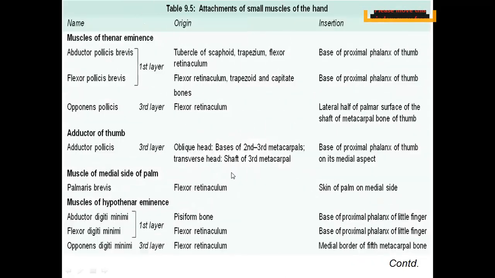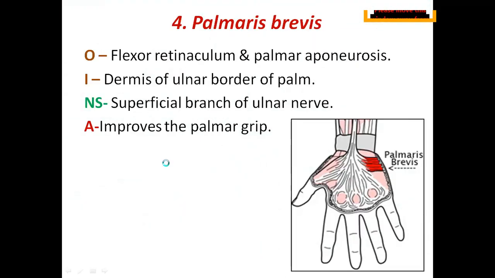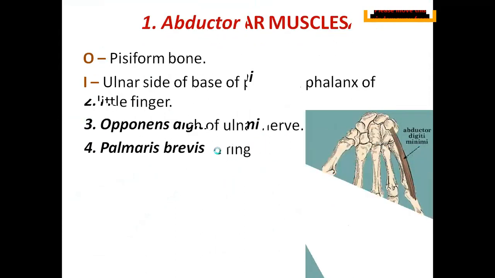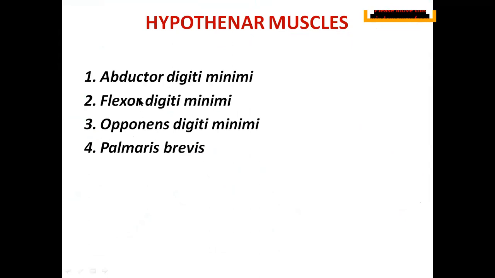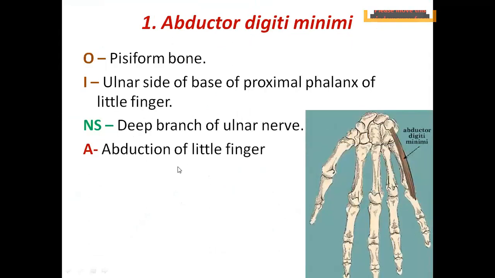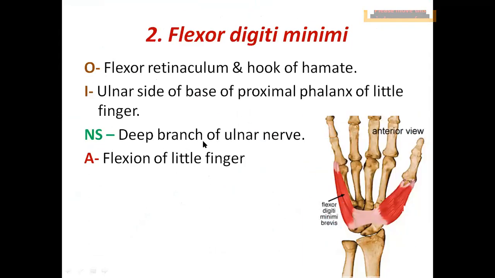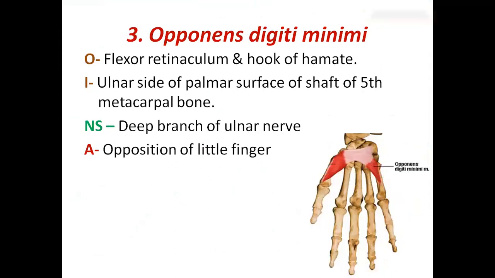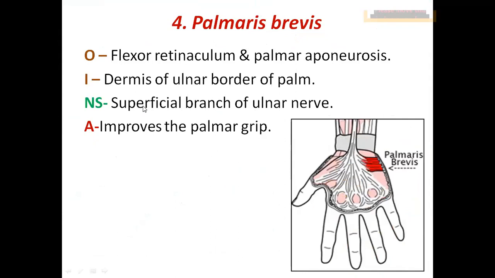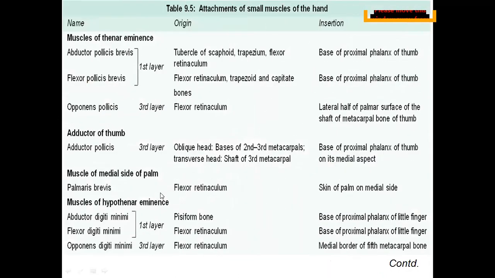Now, if you have observed this hypothenar group of muscles, it is very easy to remember, all are supplied by the deep branch of ulnar nerve. Median nerve is not involved. That means for you to remember easily, I am using such words. So all four are supplied by the ulnar nerve: abductor digiti minimi, flexor digiti minimi, opponens digiti minimi, and palmaris brevis. Of course, all are ulnar nerve, but palmaris brevis is superficially situated, that's why it is supplied by the superficial branch of ulnar nerve. Okay. So this is something you see in a nutshell, and if you have understood the muscles properly, if you learn from this table also, it's more than enough.